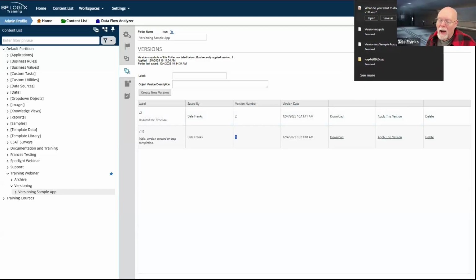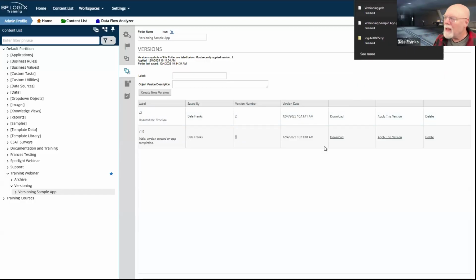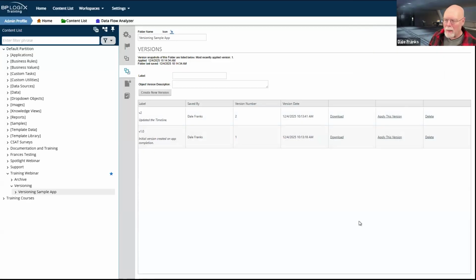So by downloading it, I have a copy of it that I can now store locally or store elsewhere. And if I ever need to go back to it, I can pull it out and I can just re-import it because Process Director will import the plain XML files just as they do PDZ files. So that gives me a way both of applying different versions and storing different versions by downloading them. Technically, I could also do an export of the folder and export it directly into the content list. I wouldn't have to go through this whole download thing, but that's just another option that it gives you.